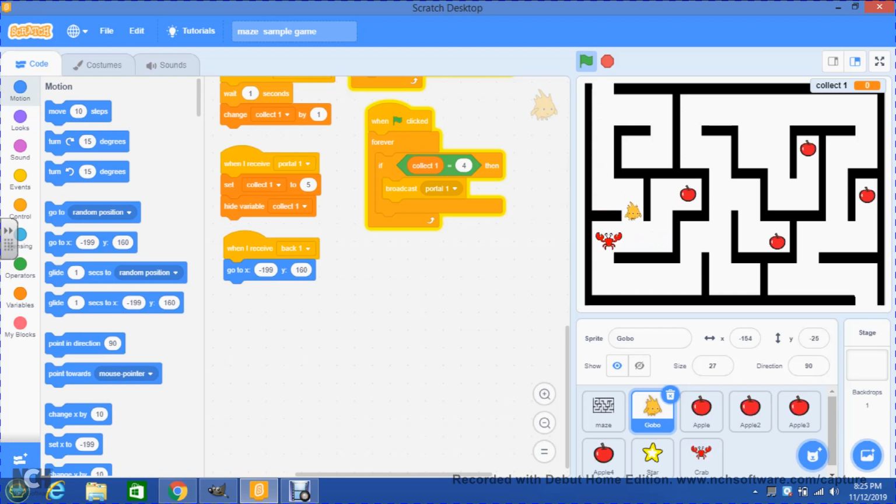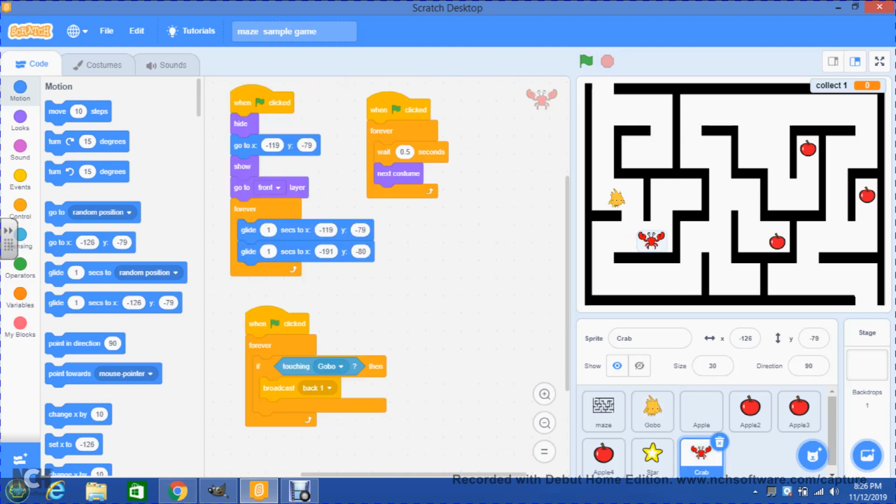Now, as you notice, probably my crab is not really giving any space for Gobo to collect the apple. Well, I almost do it over there. But the idea is not to make the game impossible. So to prevent things like that from happening, there are a few things we can do. One of the things we can do is to go to the crab and give some time for the crab to go from one spot to the next one